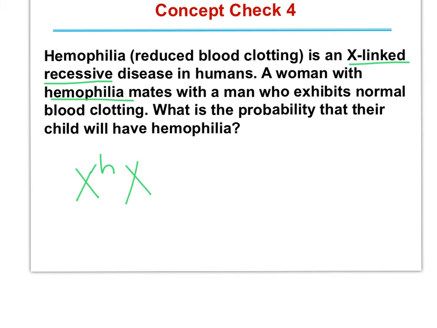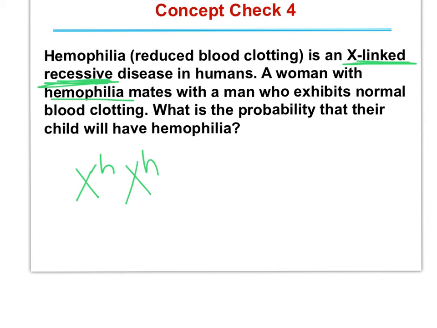No. What if I denoted it like that? No! Stop it, Malone. It has to be that. If it's recessive and X-linked, the only way to show the trait is to be homozygous